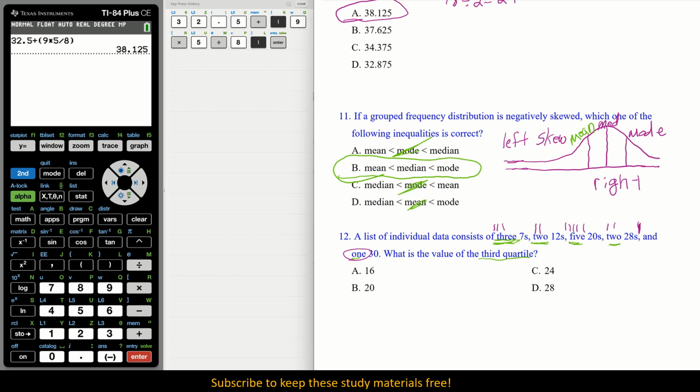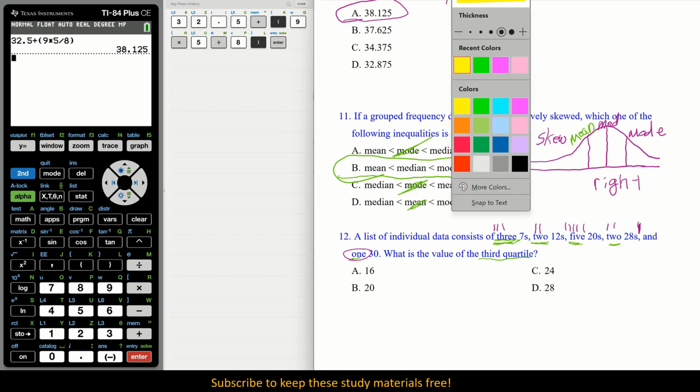Now I want 3/4 of the information. Okay, well, let's see here. I have 3, 4, 5. This is 5, 6, 7. Okay, 5, 10, 11, 12, 13. All right, so I went to the very center. Well, if it's 13, that's the seventh value. 5, 6, 7. You know what? Let's highlight. Use that one. Okay. That means